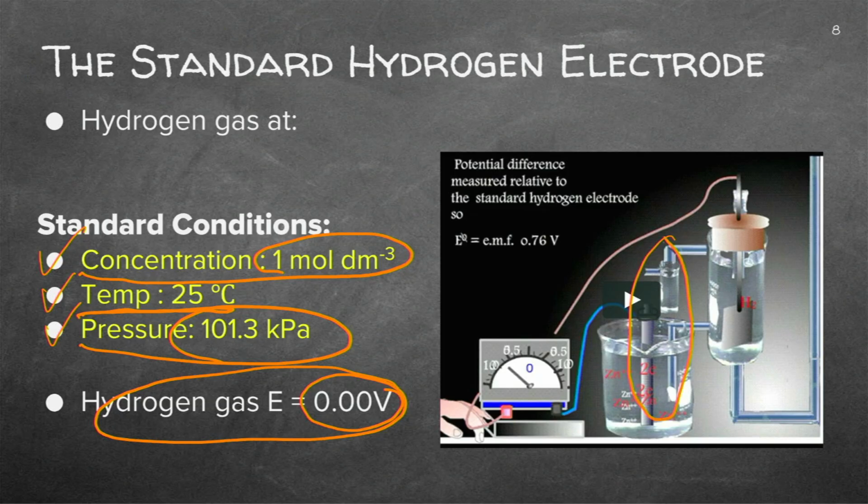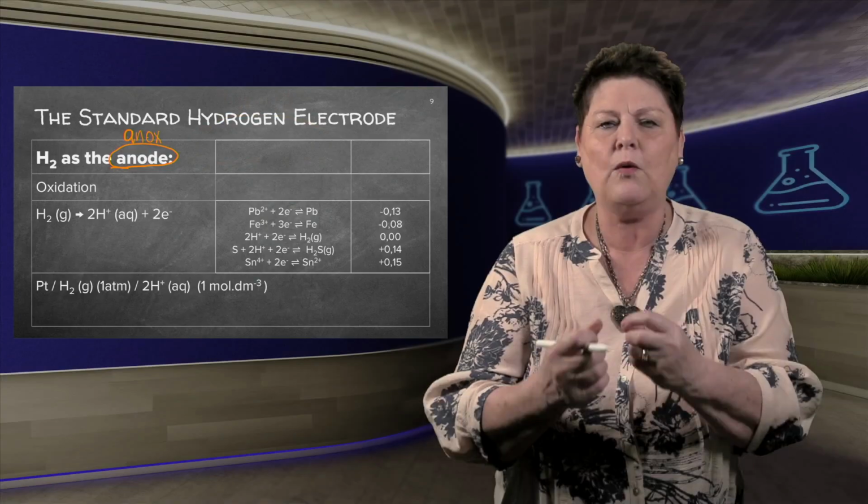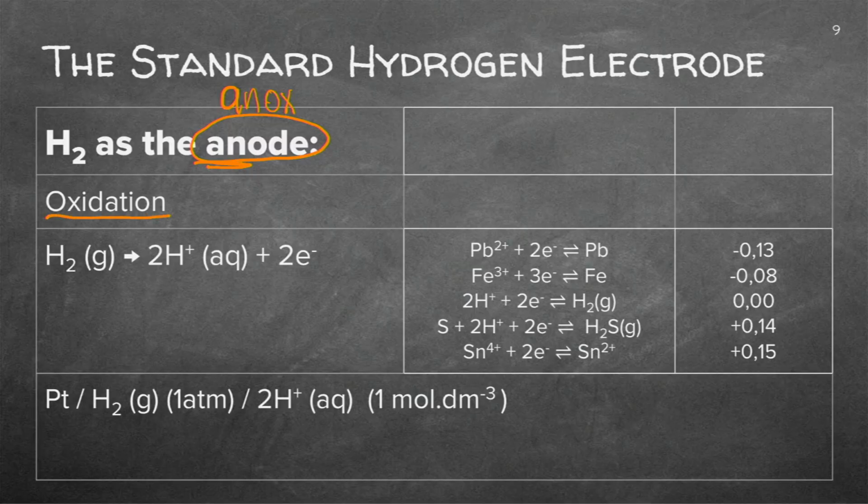It is dependent on what I've got on the other side of my voltaic or galvanic cell. So, if the hydrogen is the anode, you remember that we stressed that we find "An Ox". I've often heard some of the schools saying it's "anorexia". I don't like that, but if you remember it that way, super. An ox: anode and oxidation.